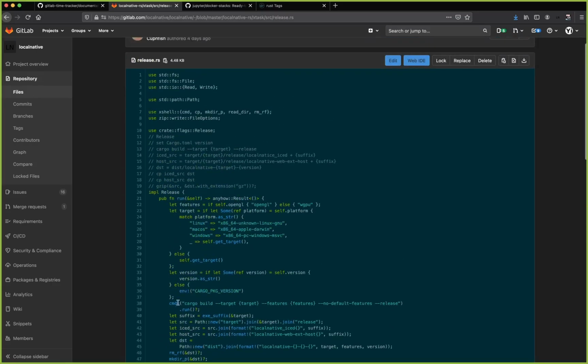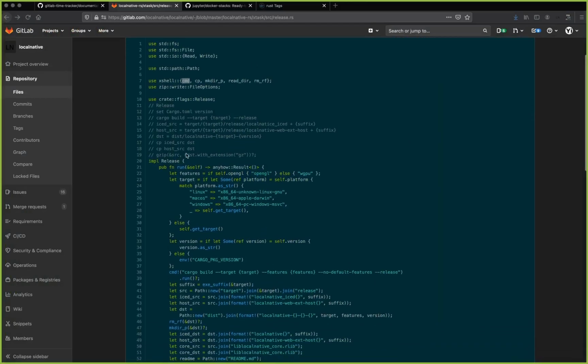So the CMD command, maybe it's easier to have the IDE open. So here we see the CMD is defined here. We have CP, a copy command, make dir, read dir, remove command. The CMD command is executing a shell script. So this is a Rust